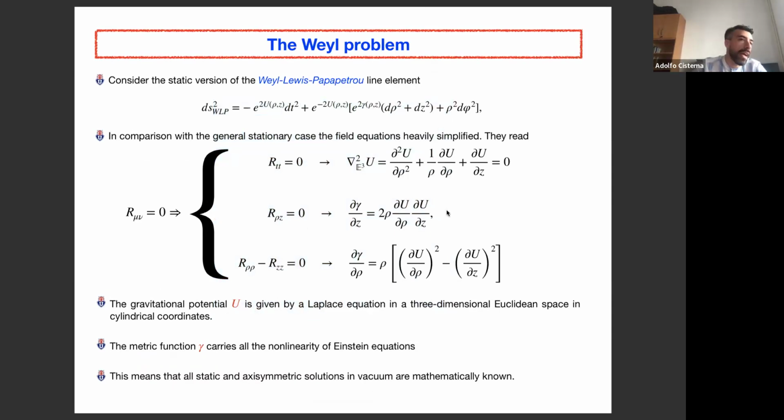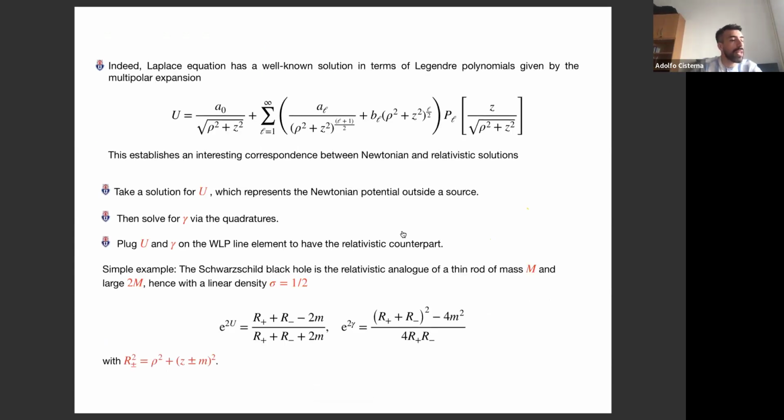And you might think, or well, I know you know, but initially when you are learning these things, you might think, but this is going to be the Schwarzschild spacetime, right? Because Schwarzschild seems to be the monopolar gravitational field, but actually it's not. It's a solution called the Curzon-Chazy particle, which is a singularity in the relativistic case, and whose metric, the entire line element, is not spherically symmetric as in Schwarzschild, but axisymmetric. So basically, when u, the everyday Newtonian potential, is used in a Weyl metric, what you get is not Schwarzschild, but the Curzon-Chazy particle.